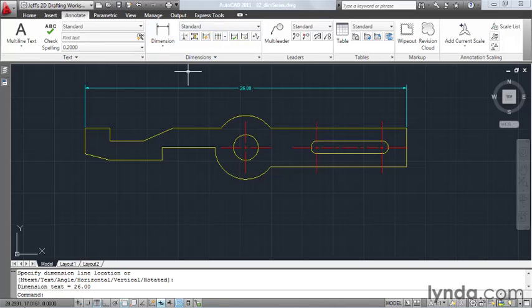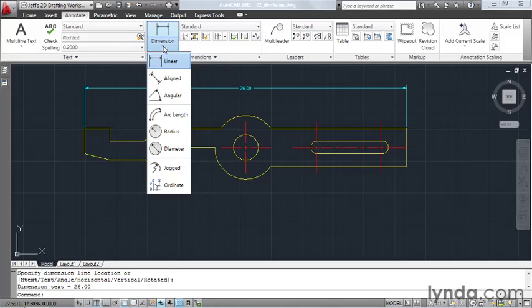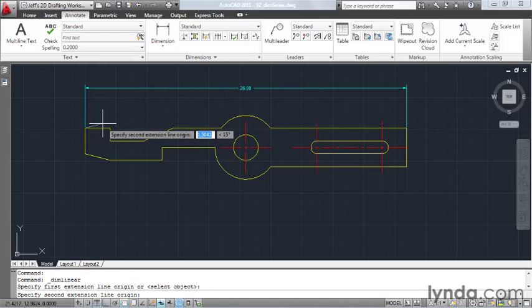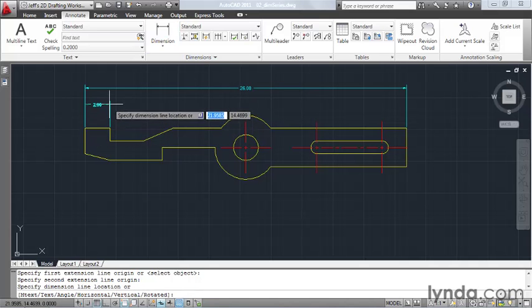Here's the trick. I have to create the first dimension manually. So I'm going to create a linear dimension. Notice we have the same flyout here as we have on the Home tab. And I'll create my dimension from the endpoint here to the endpoint here, and I'll pull this out and place